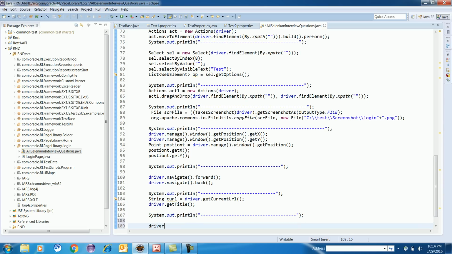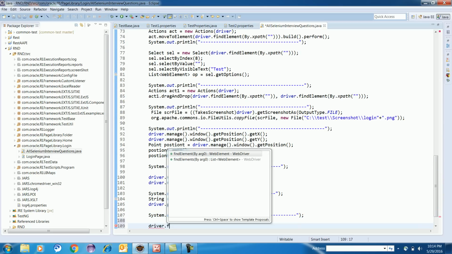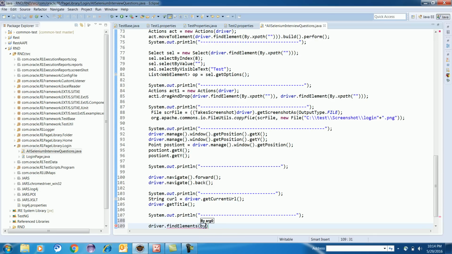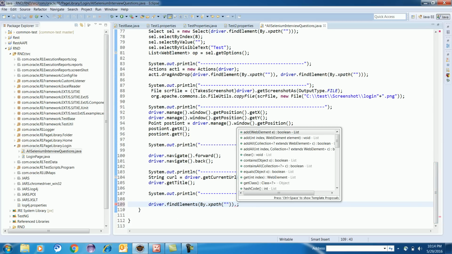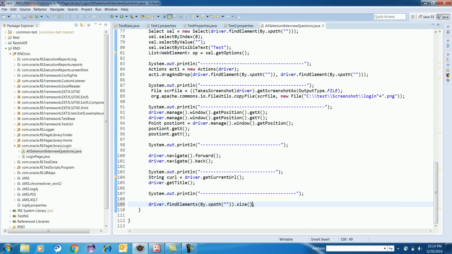You can write driver.findElements(By.xpath). Whatever elements match this xpath, you will get all of them. Then you have a method available called size. So this will give you the total number of the same element present on the UI.